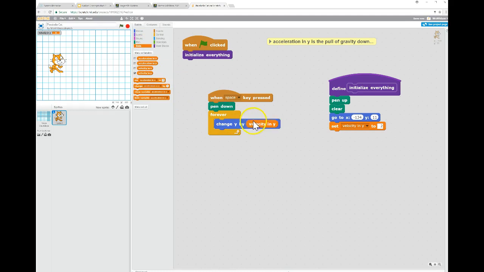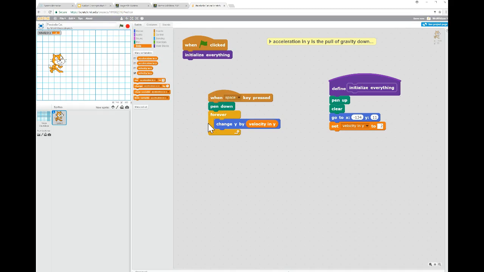By that velocity in y. Right, and we press green, go. Oh! I have to press the space bar. There he goes, at a constant velocity. All right. But that's not what